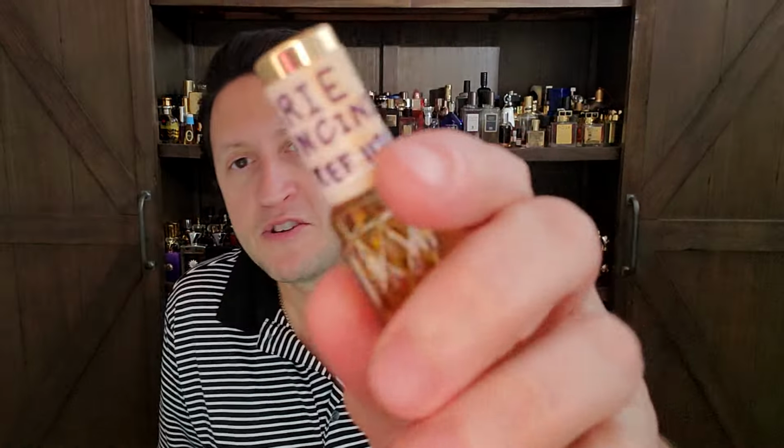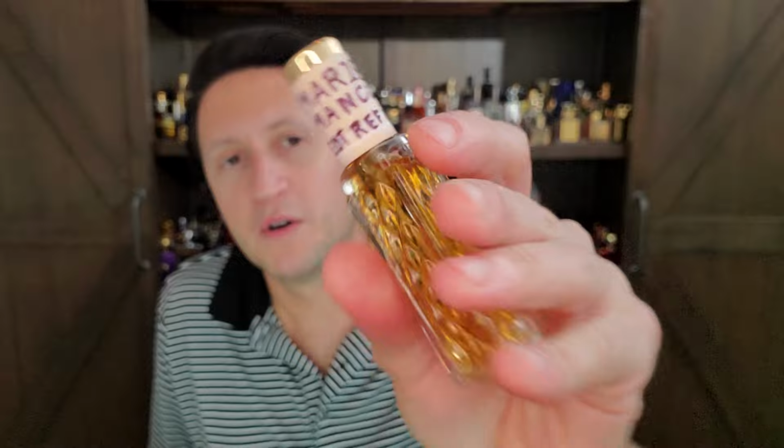Next one, this may be the one I had a hard time finding information on. This is called Marie Mancini PH. Marie Mancini PH. The Eau de Toilette. And let me see if I'm going to try again, but I don't think this is the one that came up with anything. Marie Mancini. Nope. Yeah, this is the one that nothing came up. Marie Mancini. I'm going to have to do some research and looking on this one, but